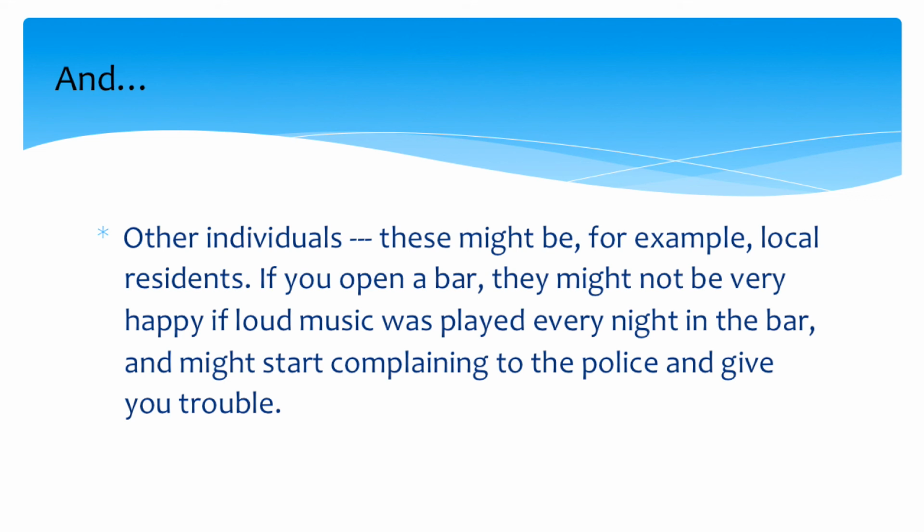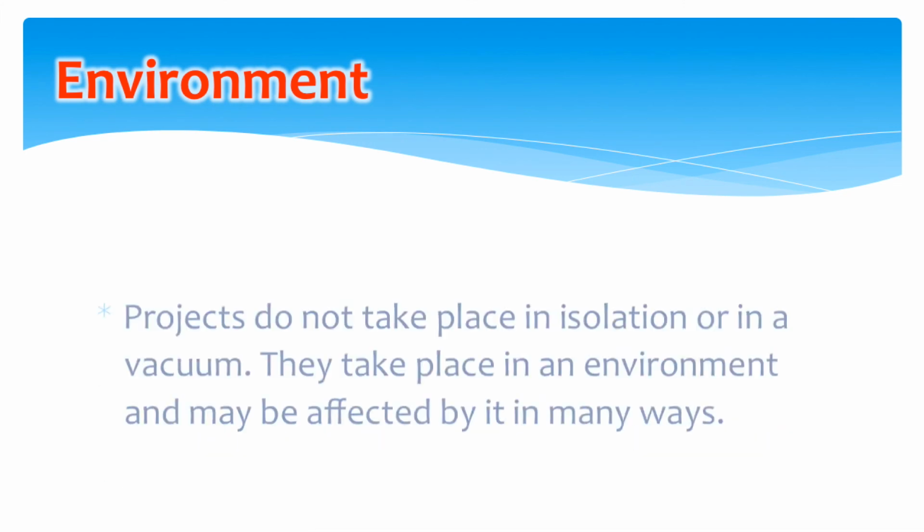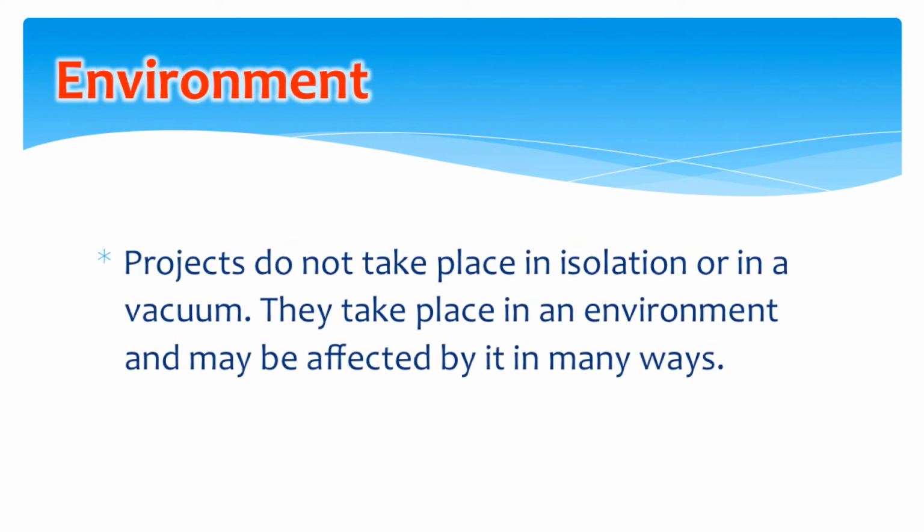If you open a bar, they might not be very happy if loud music was played every night in the bar and might start complaining to the police and give you trouble. 这就是刚才说的可能不希望你这个项目成功的那些人。他举例，比如说你要开一个酒吧，酒吧一般晚上都会放很大声音的音乐很热闹，那么附近的居民，离得很近的居民可能就不高兴了，他可能就向警察去投诉了，你就有麻烦了。那么这些人就可能是不希望你项目成功的人，也是利害关系的相关人。